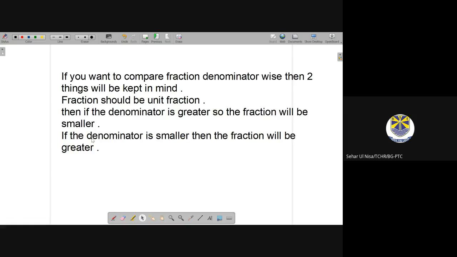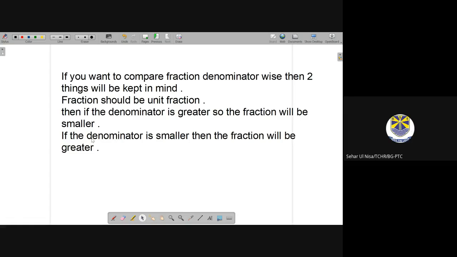If you are going to divide a chocolate among eight students, everybody will get a smaller piece. So if the denominator is 8, everybody is getting a smaller piece. If it is the same chocolate and you divide it between 2 people, those 2 people will get a larger piece. Did you understand? Yes, teacher. Okay.